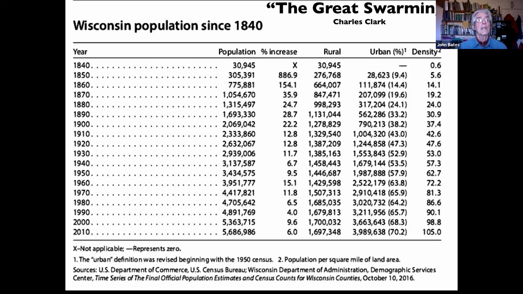My heavens, and those 1 million people, they all need houses, they all need fences, they all need barns, they all need firewood, they all need wood for 100 other purposes. A veritable locust swarm of Euro-Americans coming out into Wisconsin and suddenly needing wood. If you can imagine what that would have looked like and required, it tells you why wood was the way and wood was in the way.